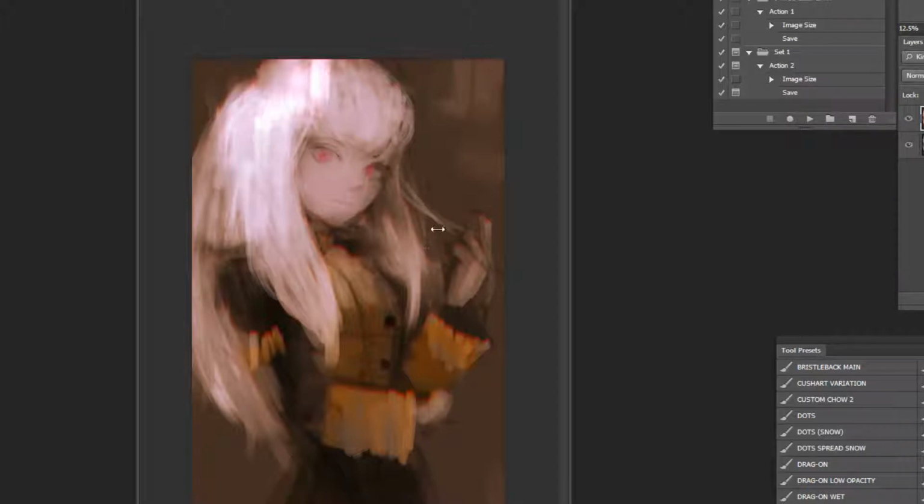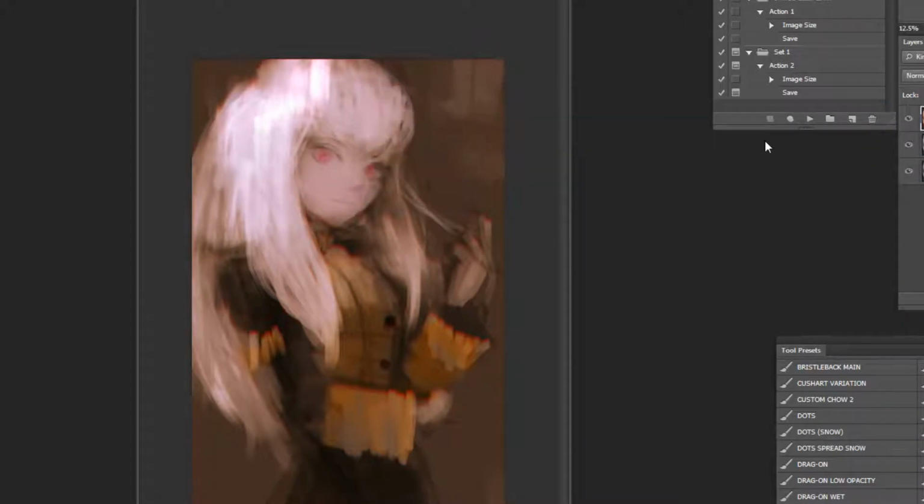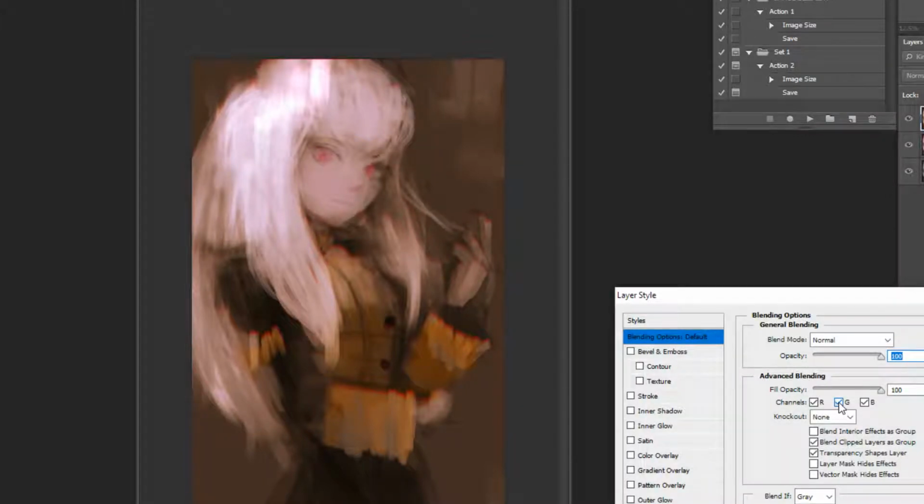I use channels, so I'll show you what I mean here. I usually go very quickly, so you might have missed it. I duplicate the layer, so you can press Control J, or you can just right click and scroll down to duplicate layer. It's just a little slower. You double click the layer, and then you just...